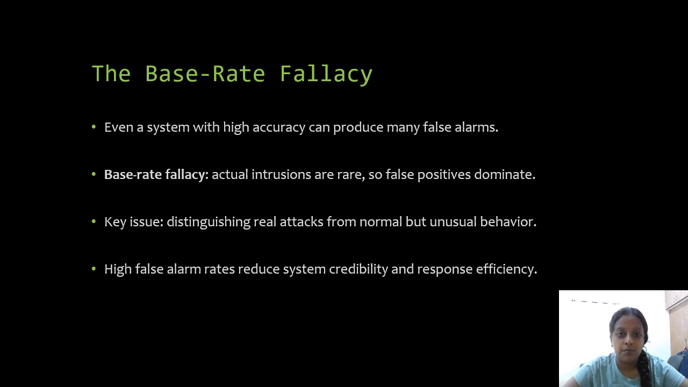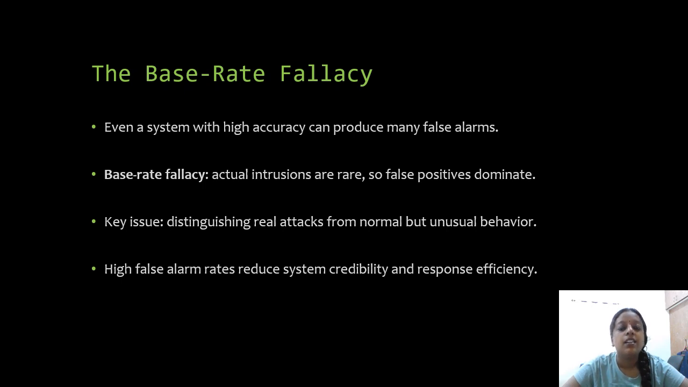This is a statistical problem called the base rate fallacy. Imagine 1 in 10,000 events is malicious, but our system raises an alert for 1% of normal activity. We'll get hundreds of false alarms for every real intrusion. It's like a smoke detector that goes off every time we cook. Soon people will start ignoring the signal. It means even if the detection system is 99% accurate, false alarms can still overwhelm you because real attacks are